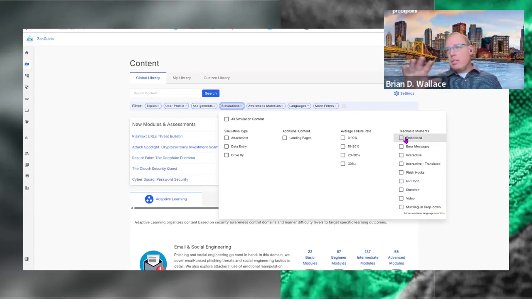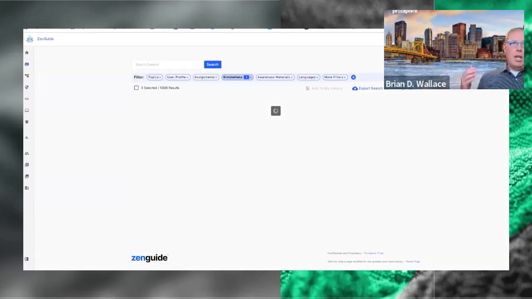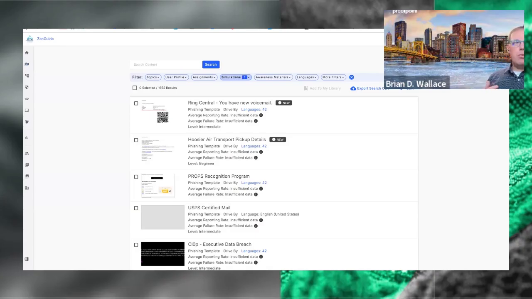Now, for this demonstration, let's start with a drive-by. So we can just go ahead and click out of this, and we can see of all of our phishing templates, we have a little bit more than 1,600 available to us. And as we can see from the screen here, hopefully it's not too small for you all, we can see that some of these are available in multiple languages, and then some of these are available only in a single language.